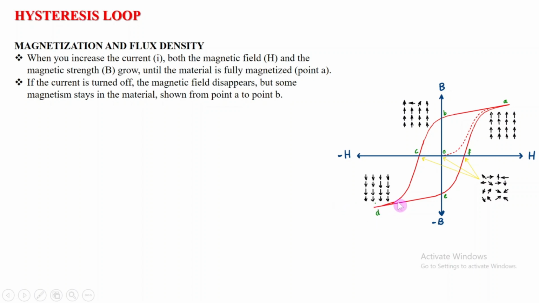Now if we increase the external magnetic field further, the magnetic field in the opposite direction of that material will not increase. In order to bring it towards zero again, we will apply the external magnetic force again in the opposite direction, and that will come to zero.